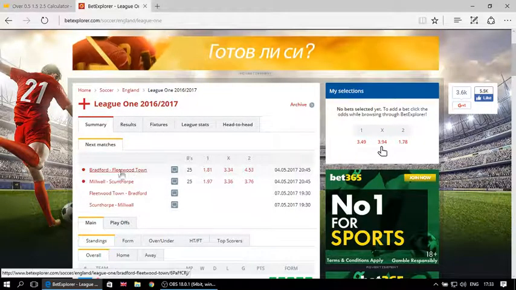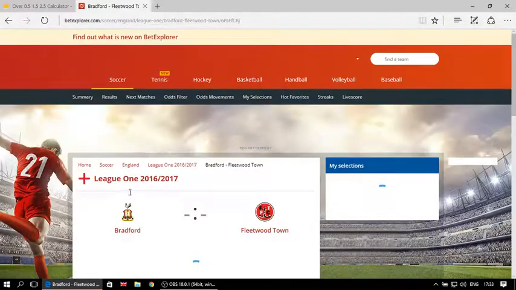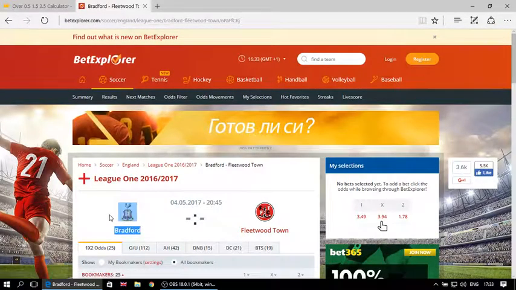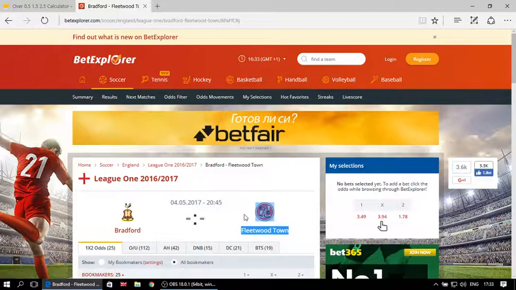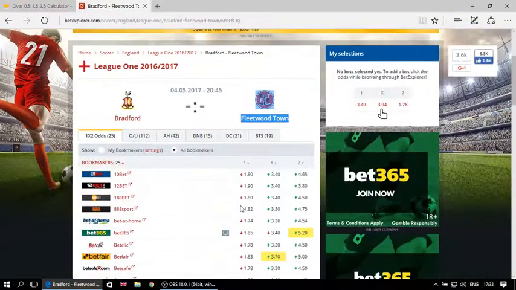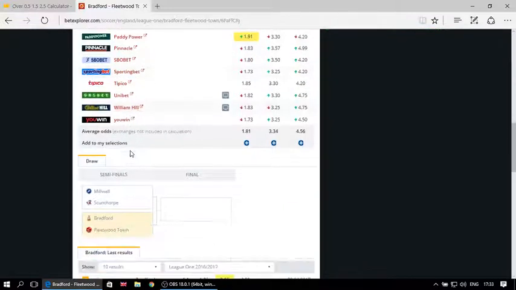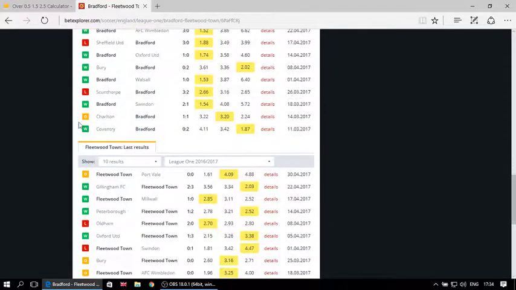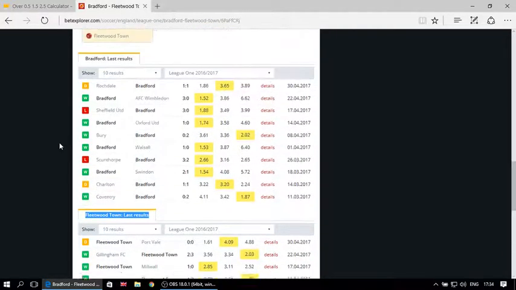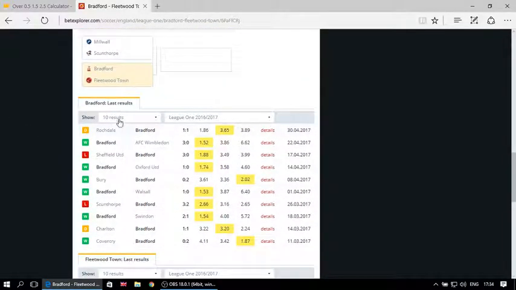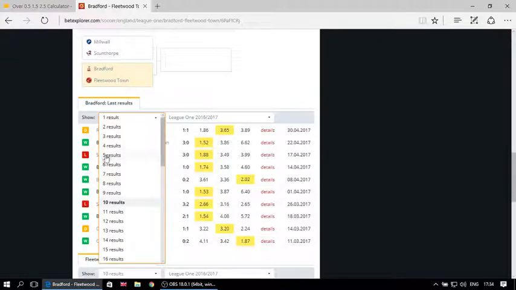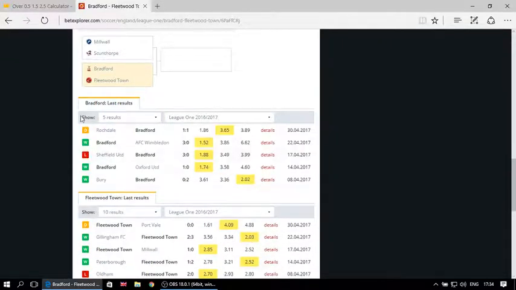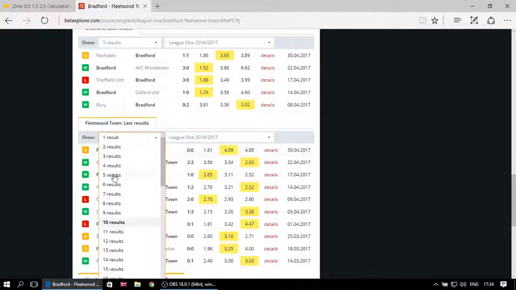I will click on this exact match and we will see that as a first team we have the host Bradford, and as the second team we have the guest Fleetwood Town. Once we scroll down a little, we will see the last results of those teams. So how Bradford was performing in the previous matches and how Fleetwood Town performed in the last matches. For the purpose of our calculator, we only need the 5 last results. So I will click on the 5 last results for Bradford